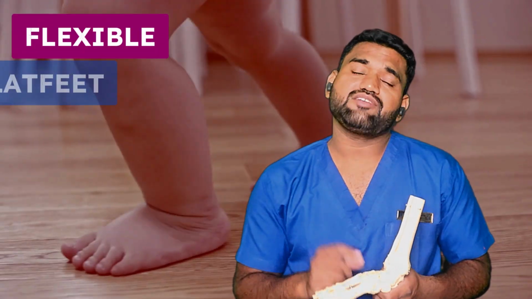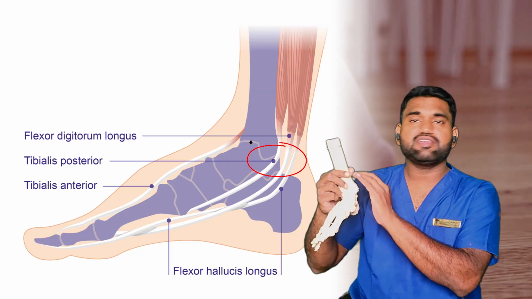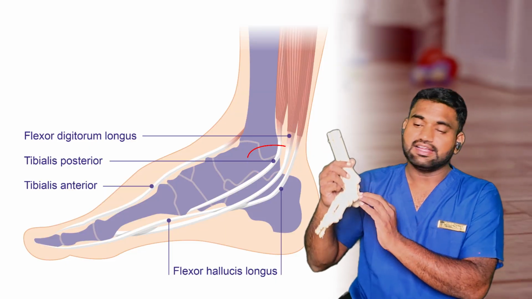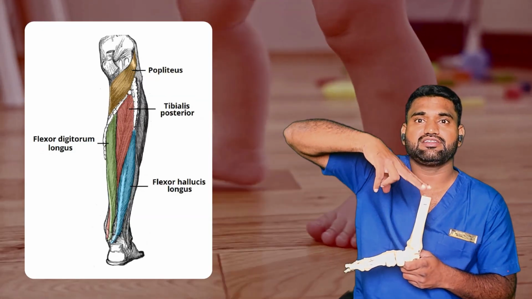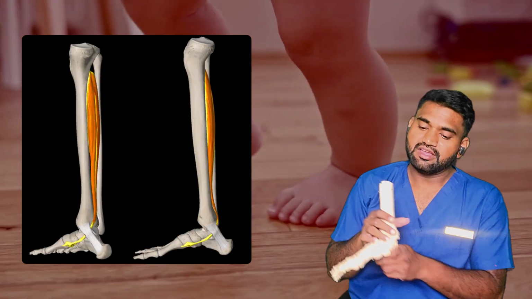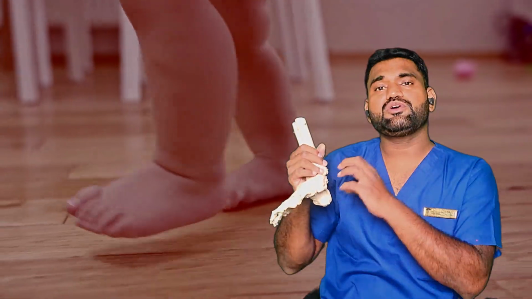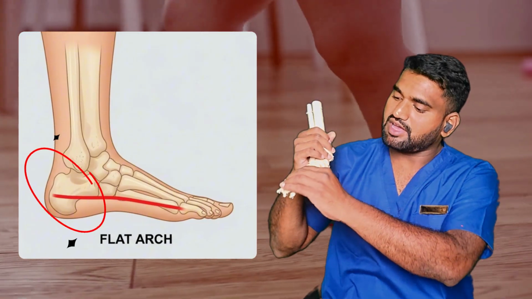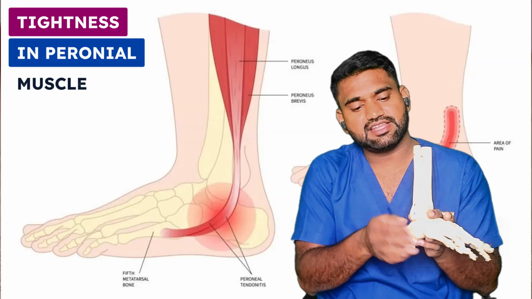A flexible flat foot is a condition wherein there is a very important muscle called the tibialis posterior that maintains the entire arch of the foot, so that your foot stays in a tripod kind of position where the baby can walk in a very good way. What happens is the tibialis posterior muscle becomes a little weak. Because of this weakness, the arch completely collapses, and there is also tightness of the peroneal muscles, that is the lateral part of the foot.